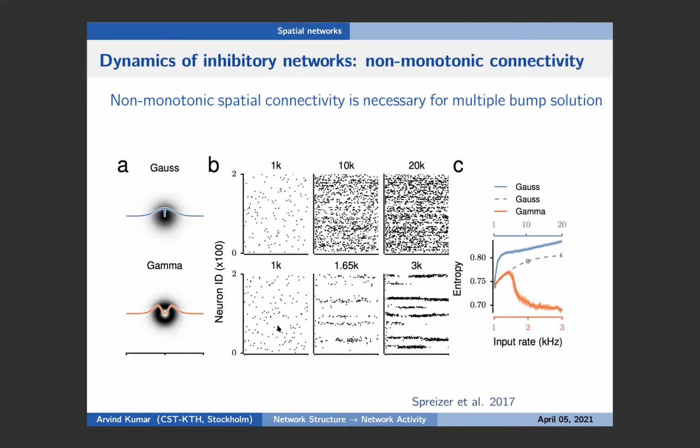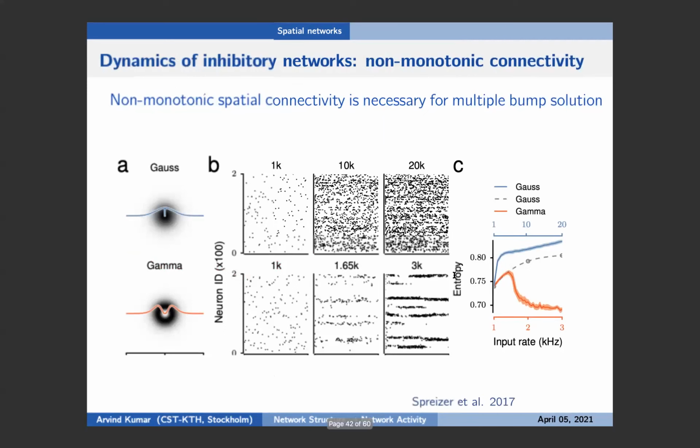And this we really confirmed in an inhibitory network. This is a question we can only ask in an inhibitory network, because if we had both E and I, then the effective connectivity could become non-monotonic. So in an inhibitory network, if we have a Gaussian connectivity profile, it just decays as a function of distance. Then no matter what you try, if you drive the network with homogeneous input, it will never form any structures. By contrast, if the connectivity is like this donut shape, where we now have a non-monotonicity, and we model this as a gamma function, then with high input, the network settles into these localized bumps of activity.